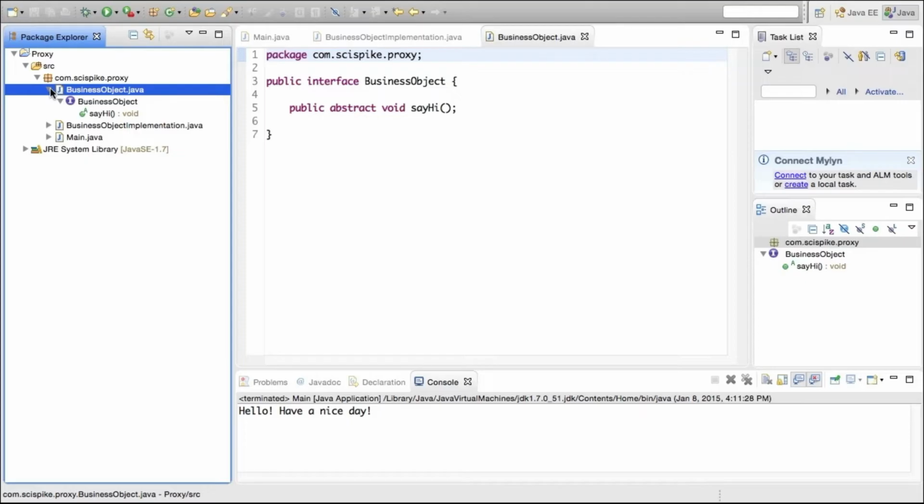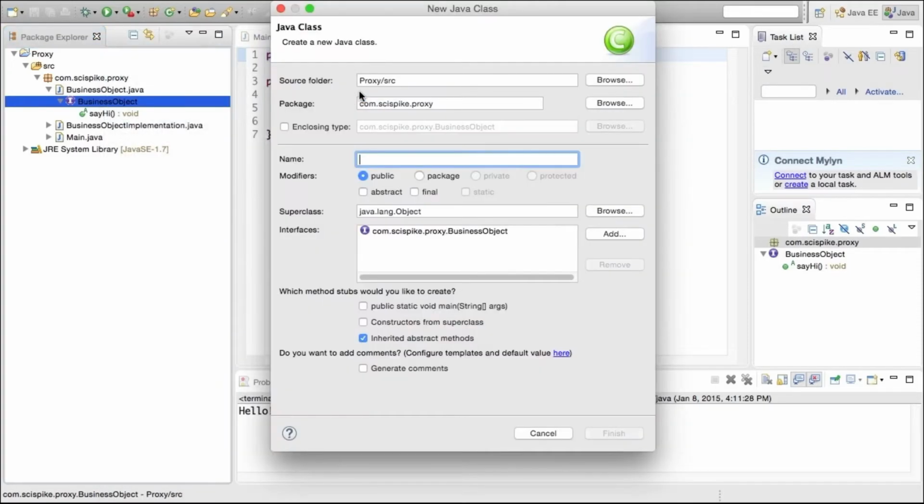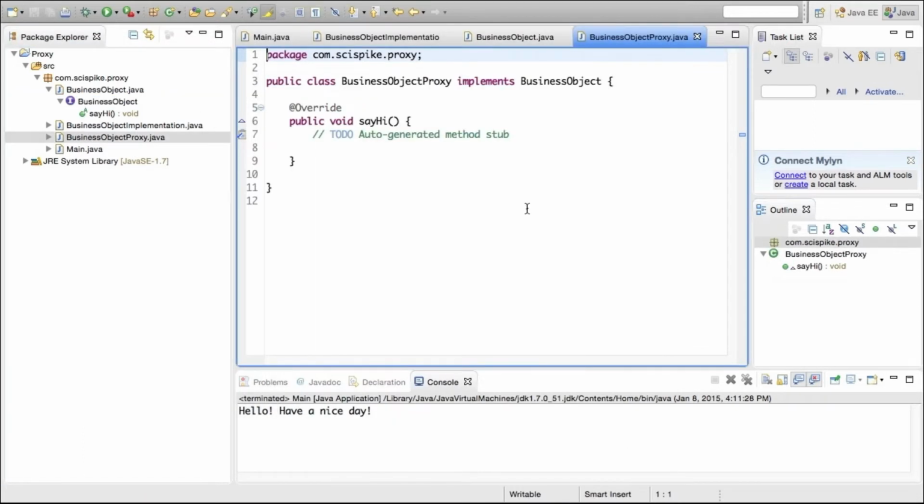Next, let's create the proxy. I'll select the interface, right-click and say New Class. This makes sure that Eclipse understands that I want to create a class that implements that interface. I'll call this class Business Object Proxy. And we notice that the newly created class implements the business object interface, and it has a method that we